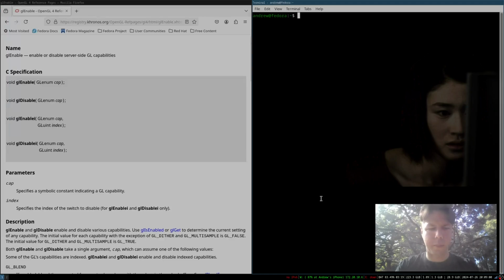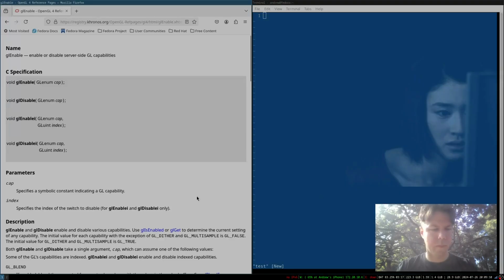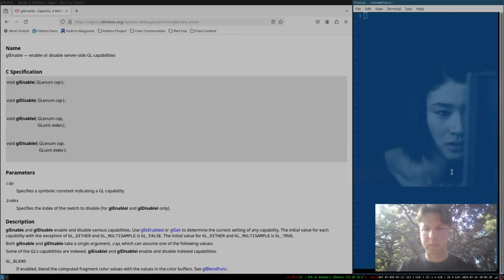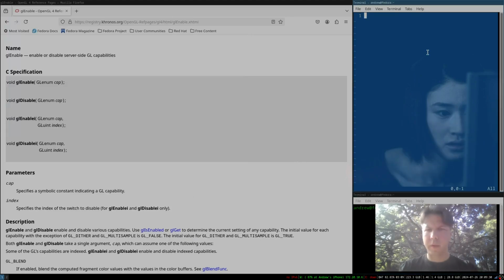So just remember that we want to go glEnable, and then there's a whole bunch of things that we can enable, depth testing, all sorts of things. In this case, we want to enable blending, and that's done with GL_BLEND. So that's pretty important. But then if we enable blending, still nothing happens because we need to specify the blend